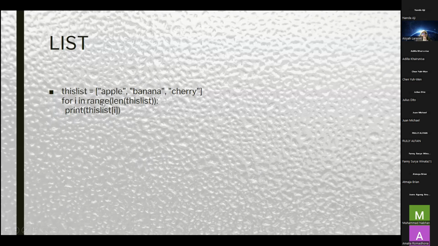And this is a loop. Can you see that? This is a loop. Length is actually computing the number of elements of the list. So when you write for i in range, it will enumerate all the elements, for example 0, 1, 2. They have 3. So if you choose the length of this list, because I have 3 elements,